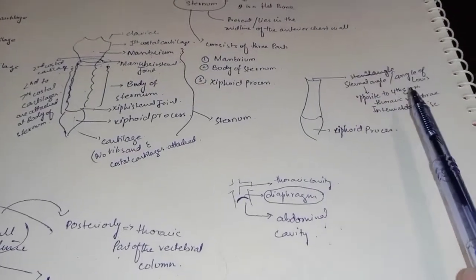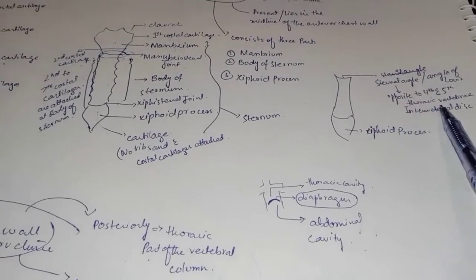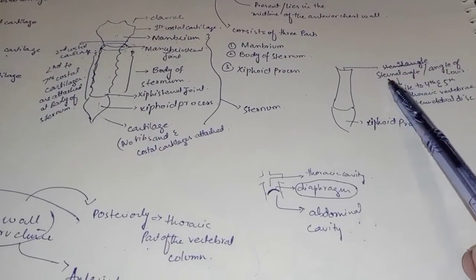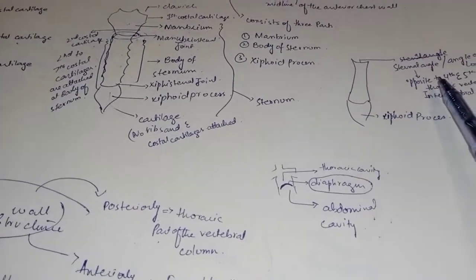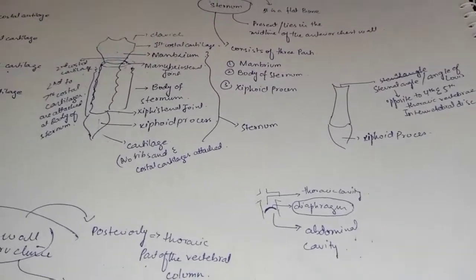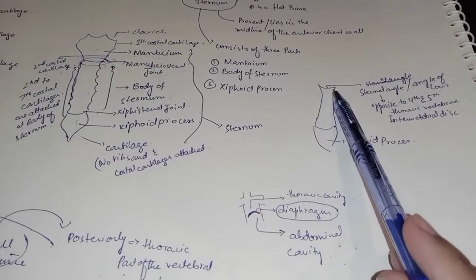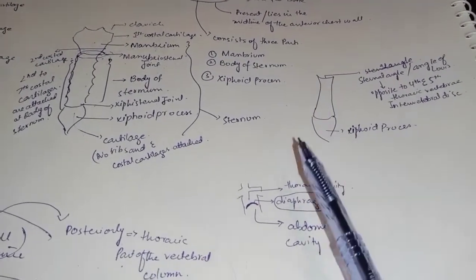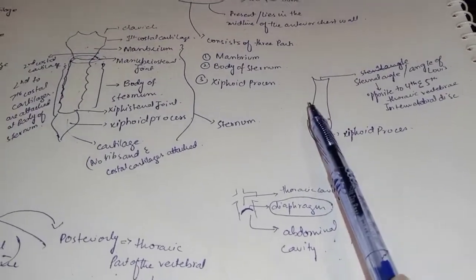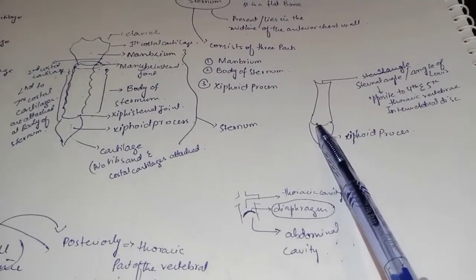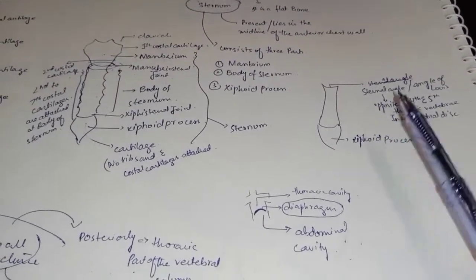This angle is important because we start counting the ribs or costal cartilages at the sternal angle, because it acts as a landmark for the counting of the ribs and the costal cartilages. So here is the sternal angle, or angle of Louis. Then we talk about the xiphoid process. Here is the xiphoid process. From below, the body of the sternum is joined with the xiphoid process through the xiphisternal joint. So this is all about the sternal angle.